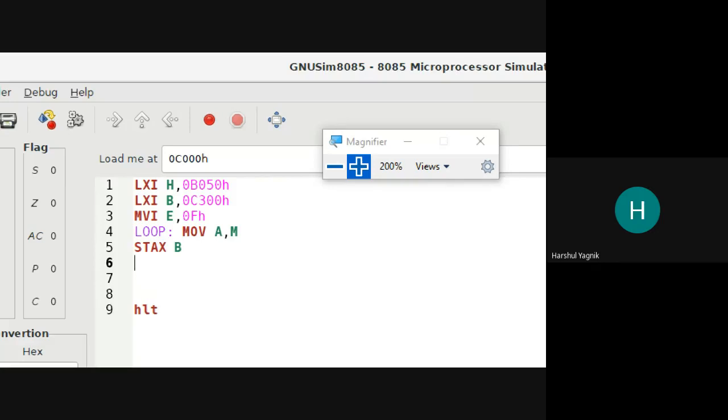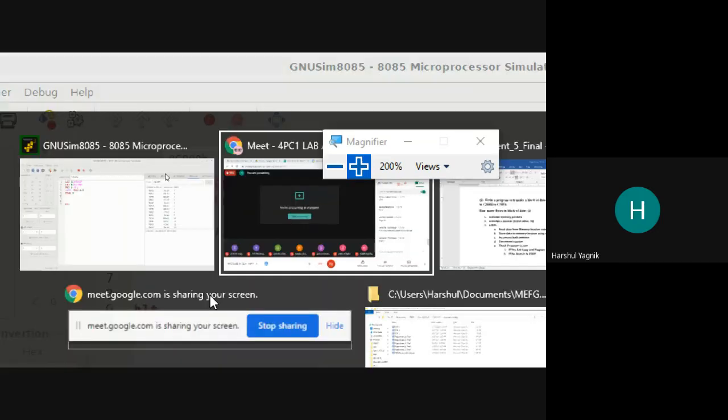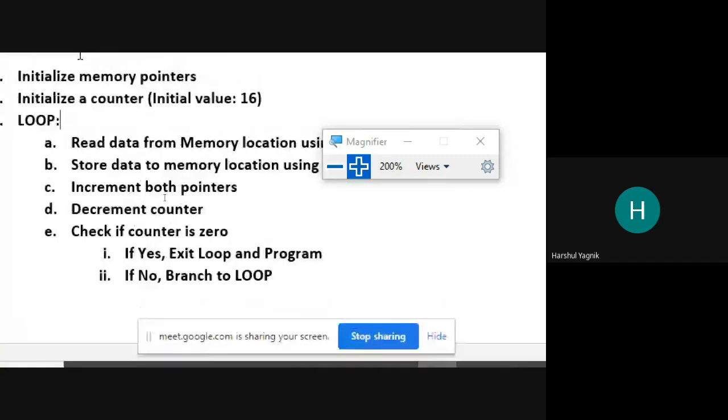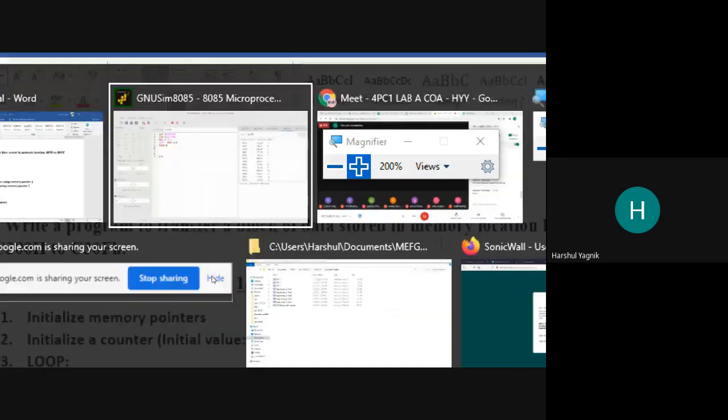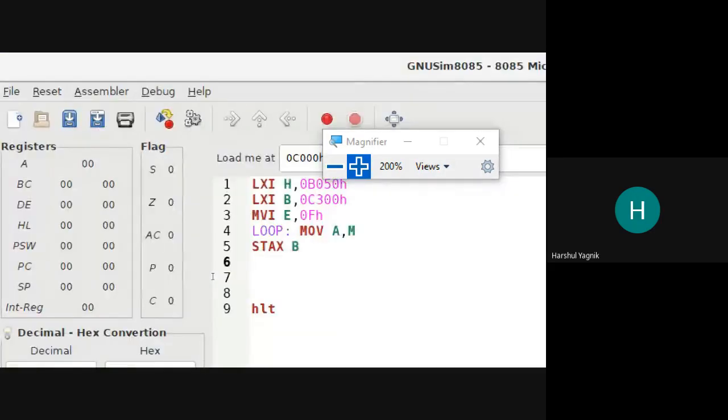Once this is done, what is the next task? To increment both pointers and decrement the counter. So to increment the pointers, we can use the instruction INX. That will increment the content of not just one register but a register pair.